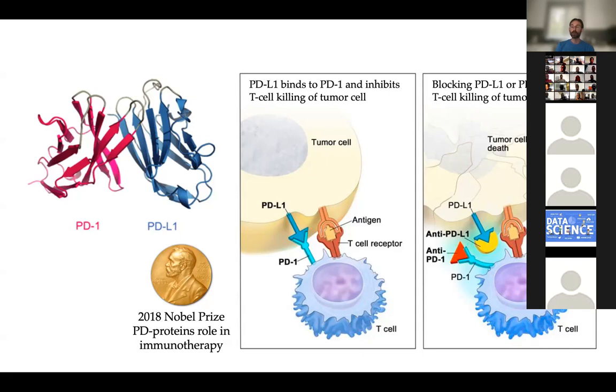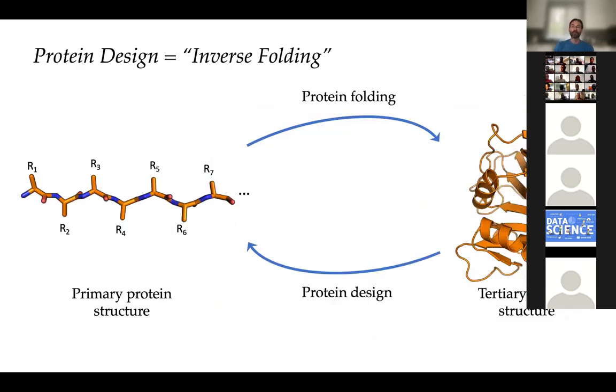So bottom line, you need to design a small protein or peptide that attaches to either PD-1 or PD-L1 and blocks it for a certain amount of time and gives control back to the immune system. And in this sense, the protein design problem, you can think of it as a kind of inverse folding. So you know how the structure should look like, right? Or at least you know the target, the complementary structure, how it should look like. You try to come up with a sequence of amino acids that will have certain 3D conformation that can bind